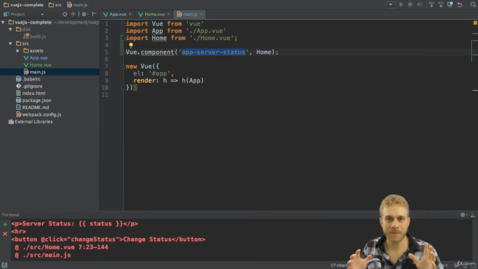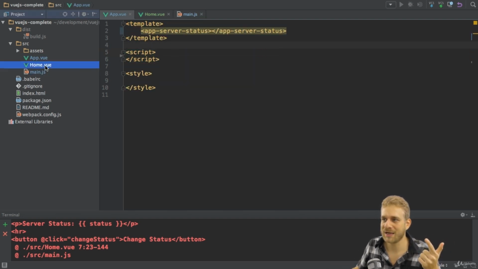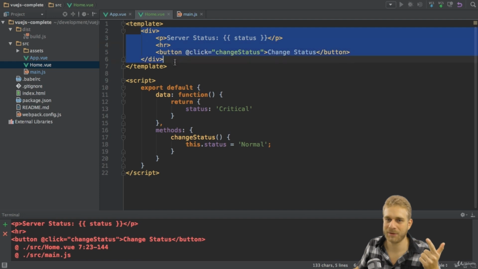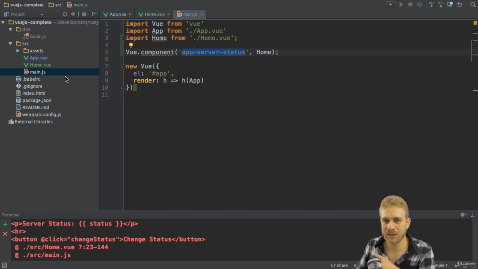So we learned a lot about components: the data property, which should be a function; the fact that we shall only have one root element in our component template; and the methods of registering our component, globally like this, and locally with the components property. I want to do this here now too, and I want to connect our components with some other things we